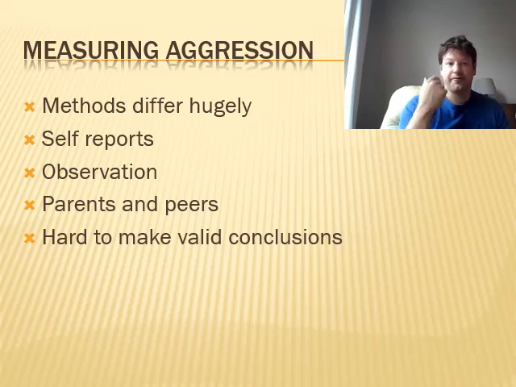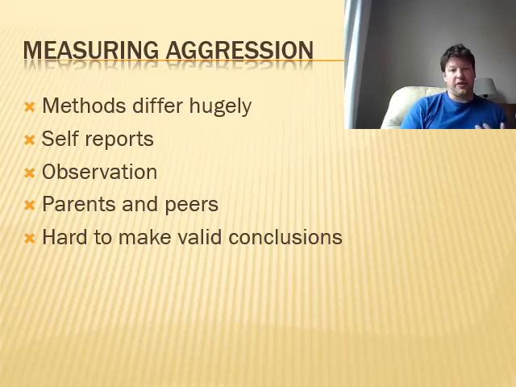And another one of your AO3s is going to be this. Okay, the way they measure aggression is different. So in some of these you would have seen self-reports, in others it would have been observation. How many times have they gone to prison? Have they got done for assault? Have they not? All of these things are very different ways of explaining aggression.